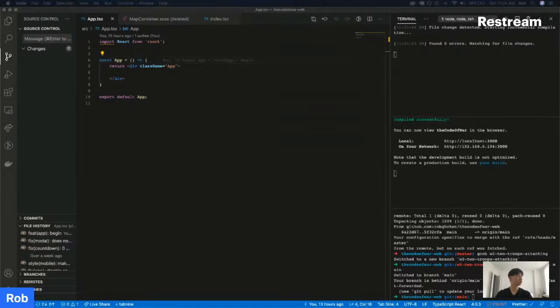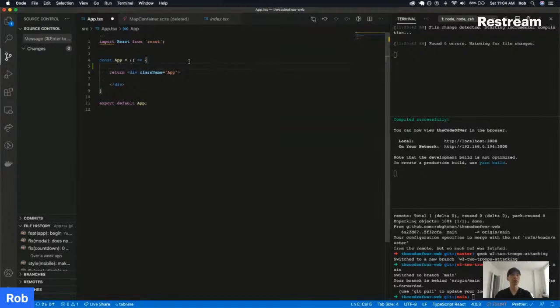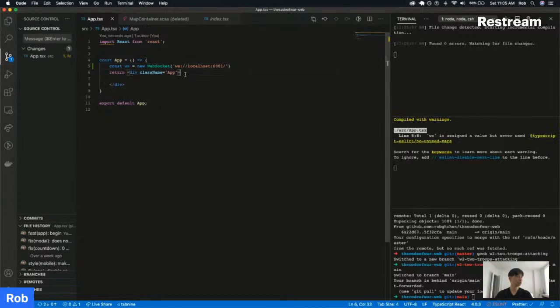We're going to need to create a new WebSocket. const ws = new WebSocket. And I'm going to need to create a port, but for now it'll be WebSocket localhost, say 6001. Okay, and then